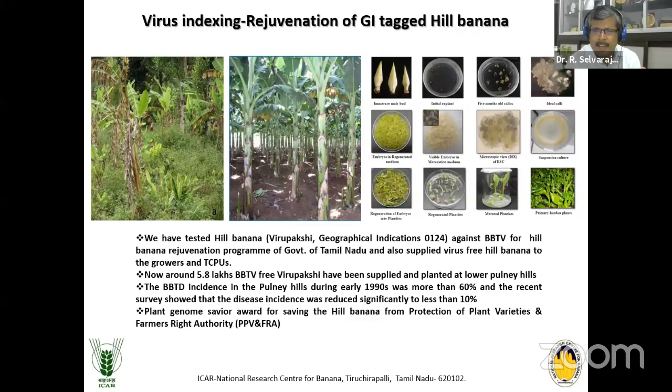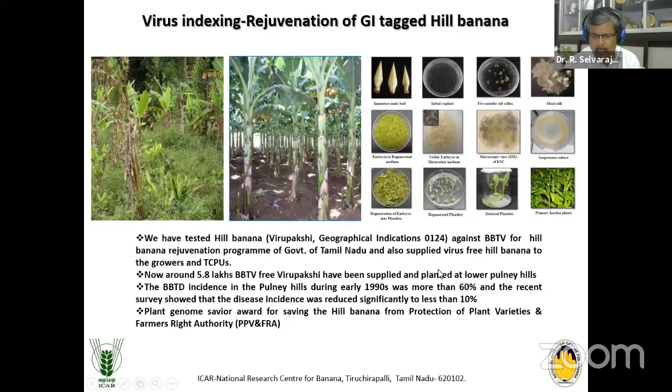So the company called me, asking why all these were bunchy top. Around 800 plants were bunchy top. Out of 80 mother plants, one escaped. Because, as I said, there were 200 mother plants, and when they tested, 120 were positive. So they had to eliminate such a big number, and they established the virus-free plants, and they will keep on giving. There are many companies now, and around 6 lakh bunchy top virus-free Virupakshi plants have been supplied